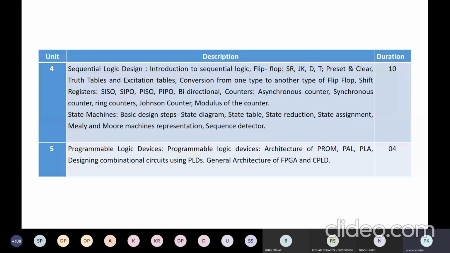So these kind of ICs are called programmable logic ICs. There are different types of programmable logic ICs like PROM, programmable ROM, PAL, that is programmable array logic, and PLA, which stands for programmable logic array. Okay. In order to expand the size of programmable logic array, different companies were working on it, and two companies came up with